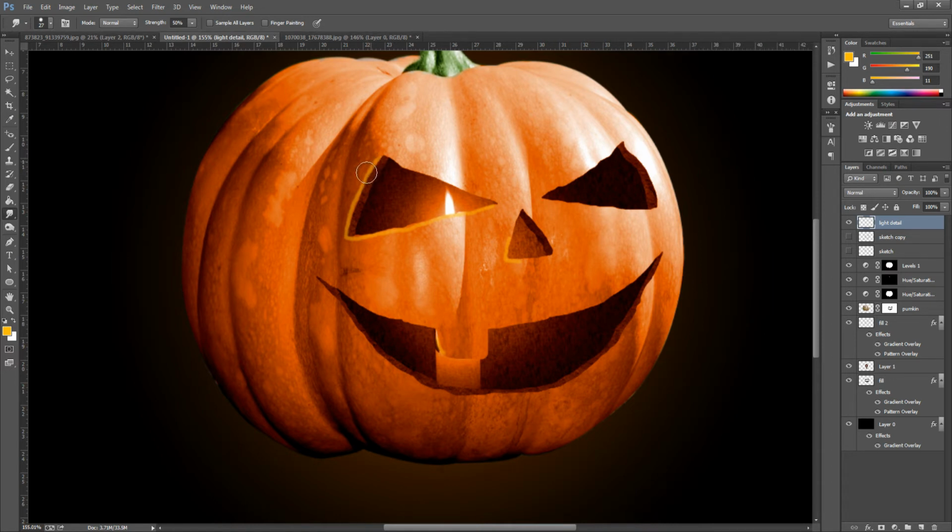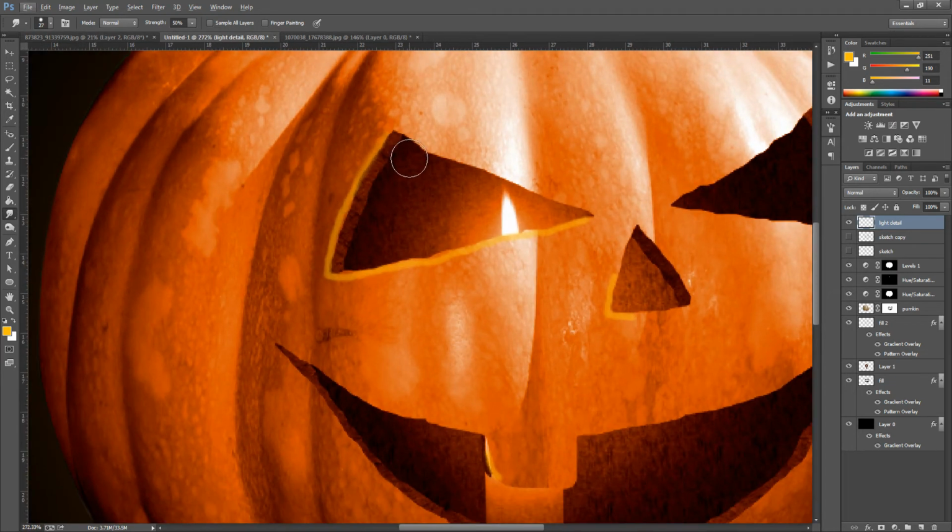Going very lightly. You can zoom in for this, making your brush smaller. Just working in a circular motion, and just bringing it down.